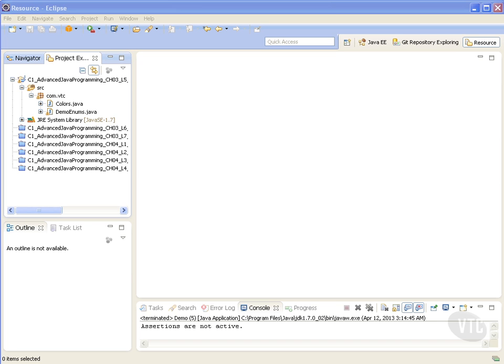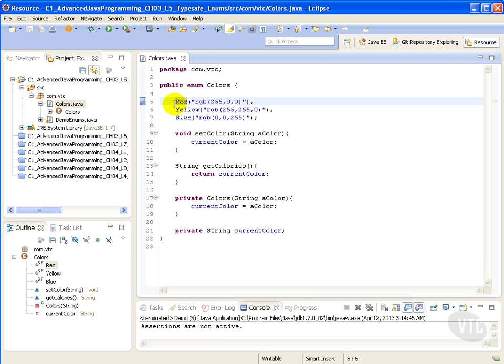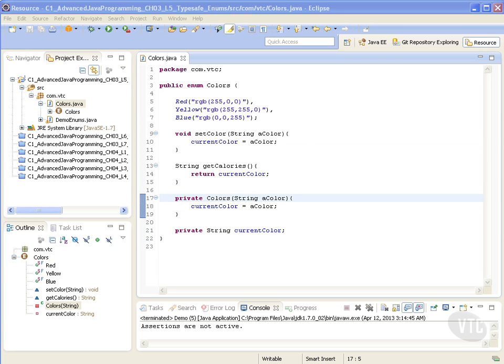Let's look at an example. Here we have a type-safe enumeration in Java. We can see here the keyword enum, which declares this class of type enum. We also have constants, which are also of type enum, which are colors. We also have methods and a private constructor. The Java programming language enums are far more powerful than their counterparts in other languages, which